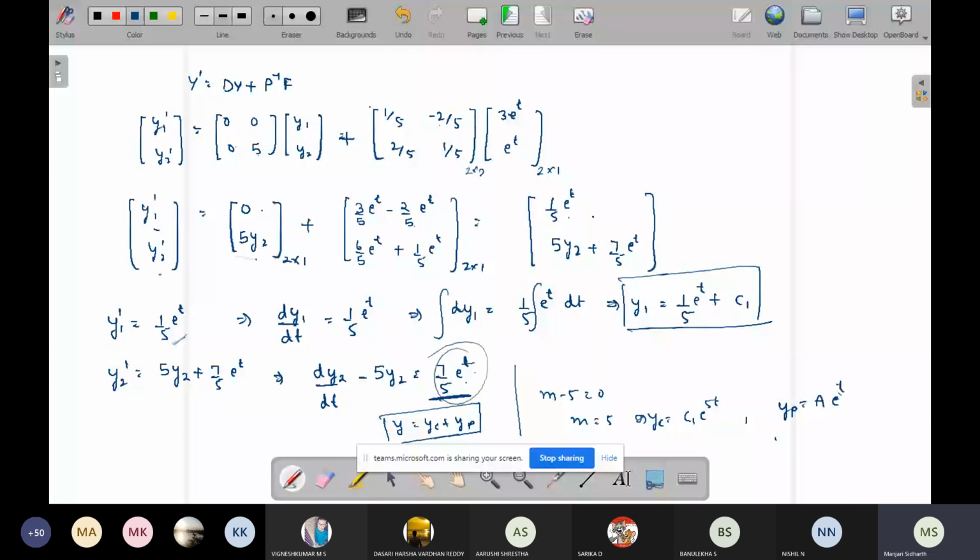Now substitute the values of yp and yp dash. So yp dash is the same, a e power t. So substitute here: a e power t minus 5 a e power t